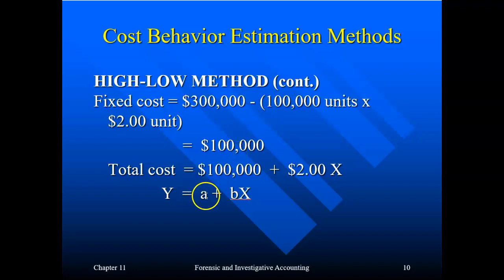$100,000. So now we have the formula. We have the fixed cost $100,000, $2 per unit, and X will be the units, and this would help us find total cost at any level. So that takes a mixed cost and breaks it down between variable and fixed. And this is sort of a rudimentary way of doing it, but it could be very acceptable.